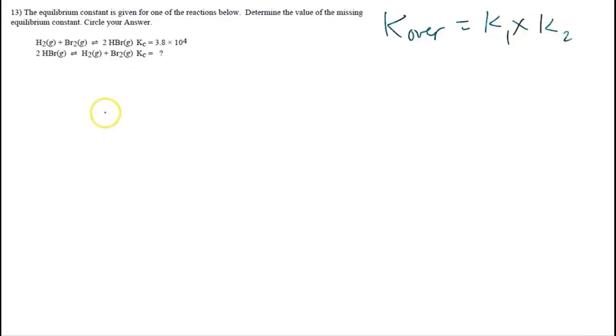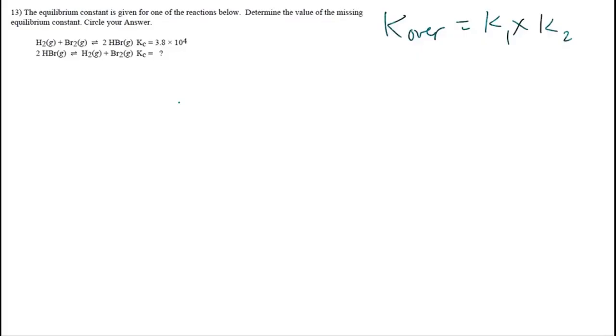But you also have a situation that we see here, where again, we're just coupling two equilibrium equations together or reactions together, and we're given one Kc value, and we have to go ahead and figure out what the other unknown value is. And so what you first want to do is you want to go ahead and write